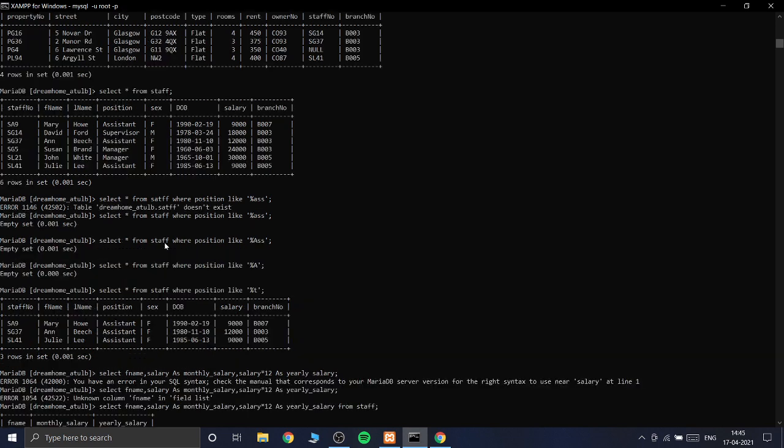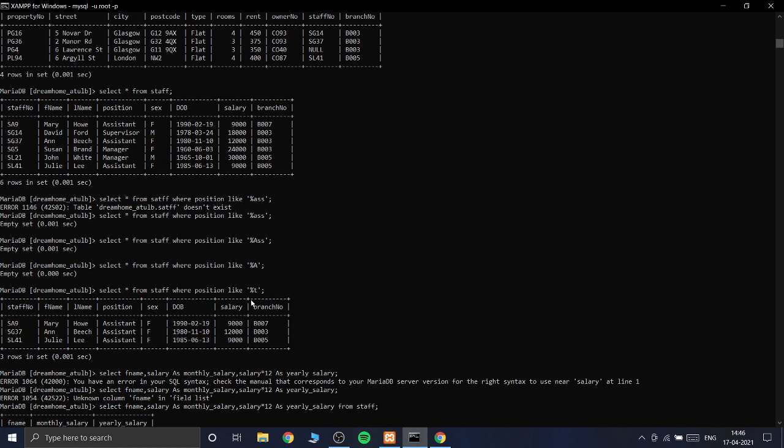Staff is my table, position is one of the columns, and percentage t means the last character of the entry in the position should be a t. The percentage comes before the character, so the last character should be t. If the percentage comes after the t, then the first character should be t.